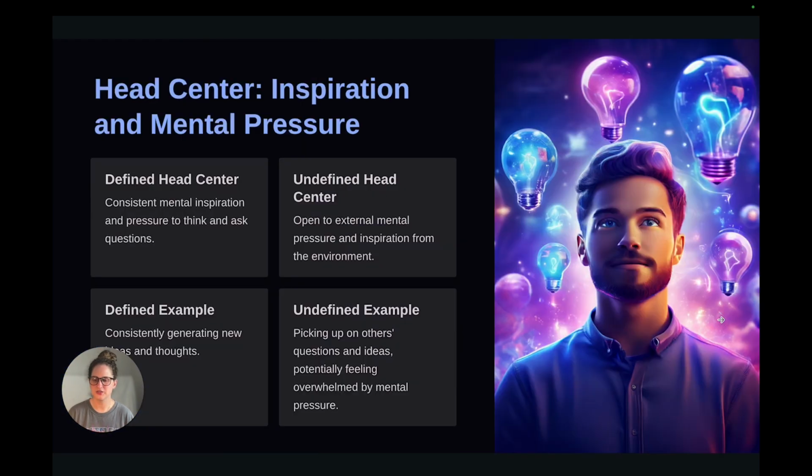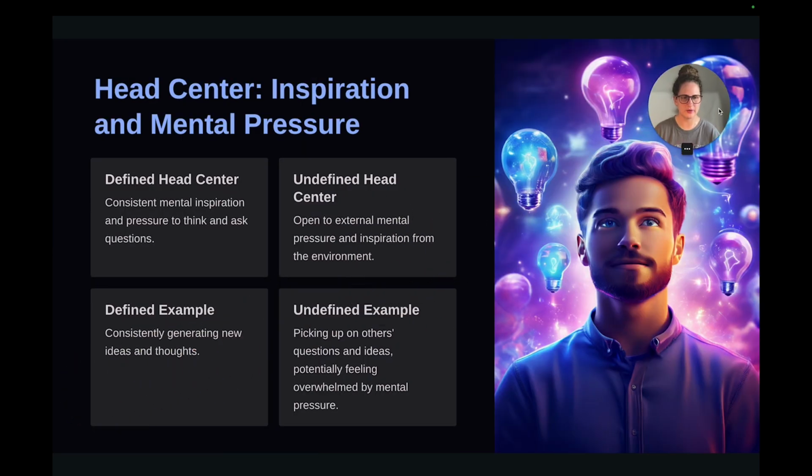Okay, so let's talk about the head center. Let me scooch this little guy out of the way so I'm not blocking you guys. The head center, inspiration and mental pressure, as we mentioned before. So a defined head center is going to have consistent mental inspiration and pressure to think and ask questions. A defined example is they consistently are generating new ideas and thoughts, and they're just coming up with all sorts of stuff all the time,